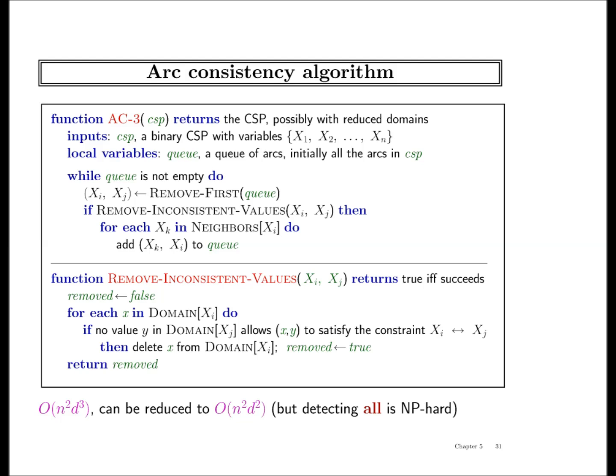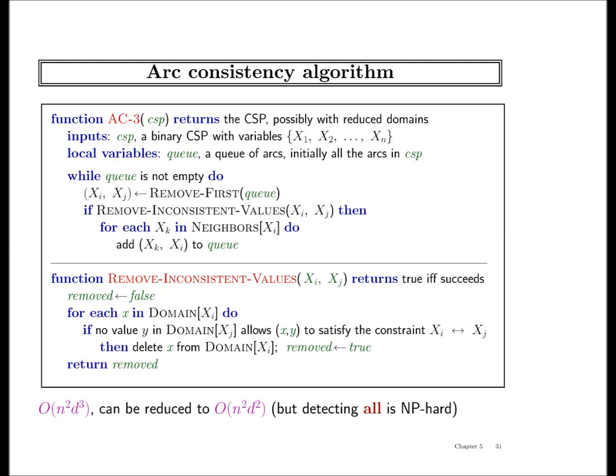So if I get rid of a value for x, I have to check the neighbors of x. Once you modify it once, you might have to modify it again another time, up to d, right? So if you remove one value and then you move further down your graph, and eventually one of the constraints propagates back to the same place where you started, then you'll have to do the whole thing again. Right, exactly. So that is sort of the argument, and you have to do each arc at most d times.